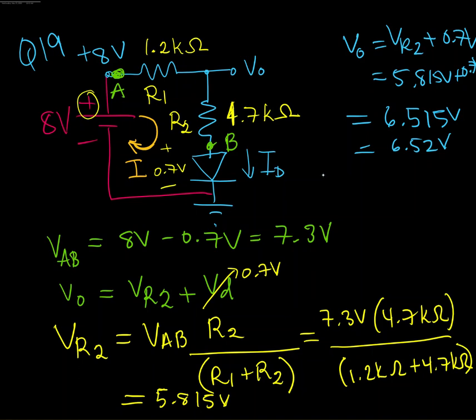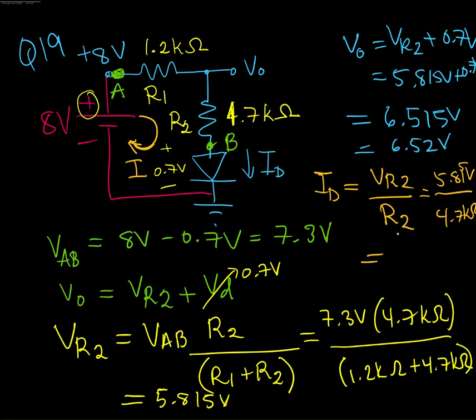So I could say that this current is going to be VR2 divided by R2, since I know what VR2 is. So that's going to be my 5.815 volts divided by my 4.7 kilo ohms, and that is going to be equal to